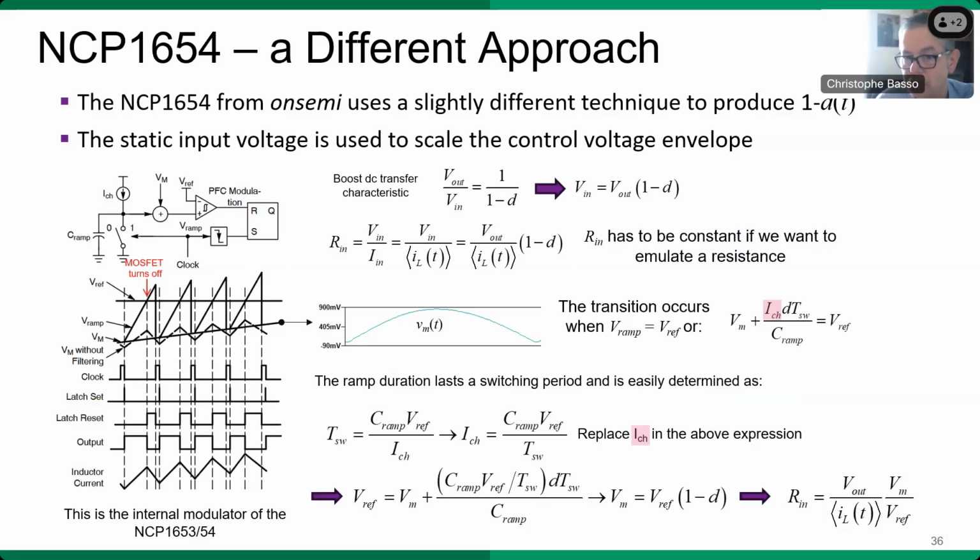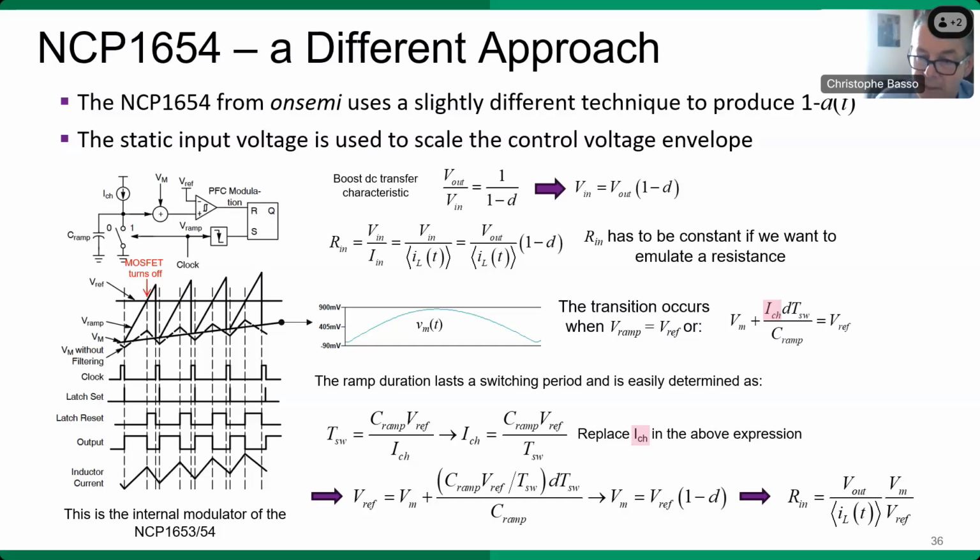And the power MOSFET turn-off occurs when the ramp voltage intersects with the reference voltage VREF. The ramp does not start from 0 volt in that case, but it sits on the voltage component Vm, which is the absolute value of the sinusoidal envelope involving the inductor current. And this envelope will be scaled by the static input voltage value